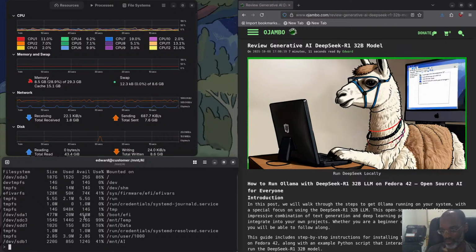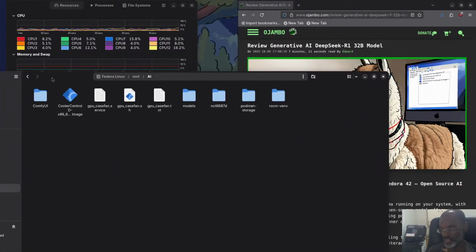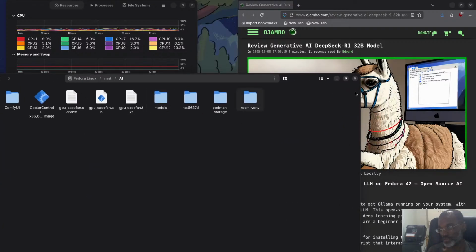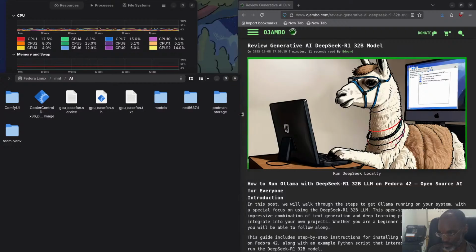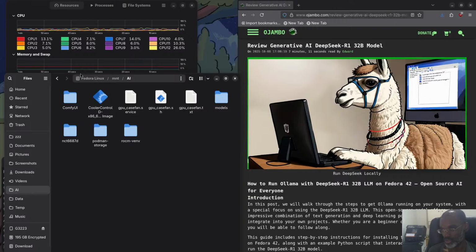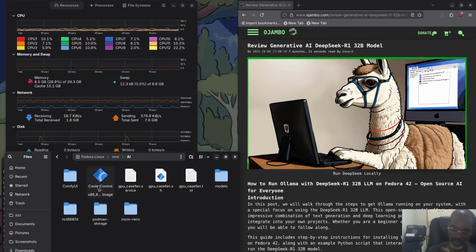I want to show you this folder where I put all these things. I explained this earlier today. I have an extra partition here because I have a bunch of enterprise level SSDs. This drive wasn't being used, so I repurposed it and just called it AI. What I did was this NCT6687, that's a driver for the sensor that allows me on Linux to